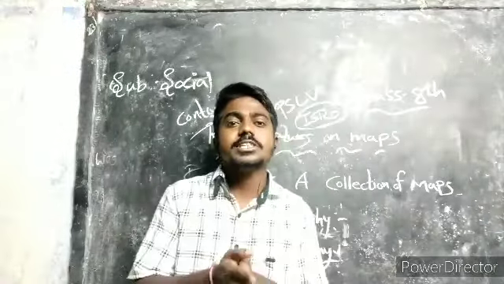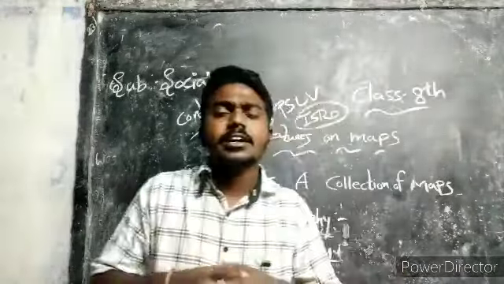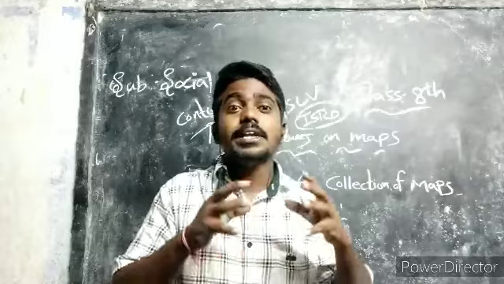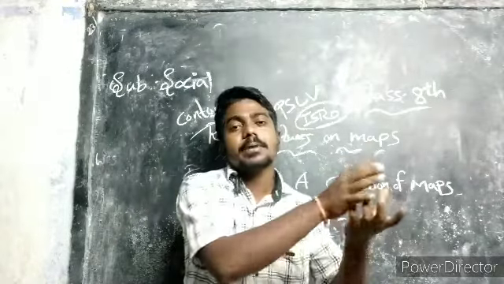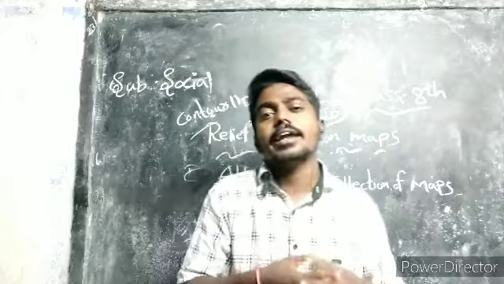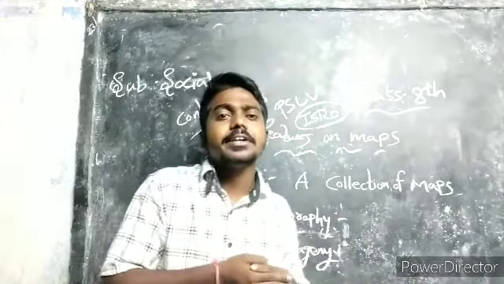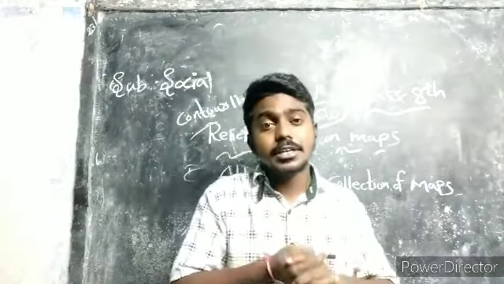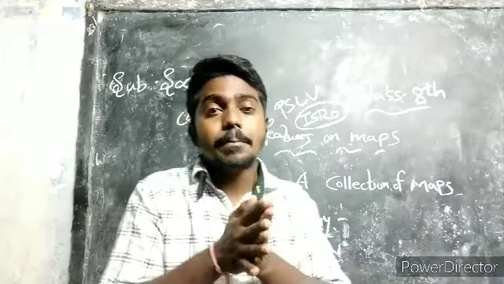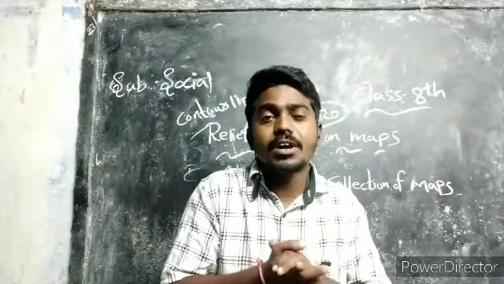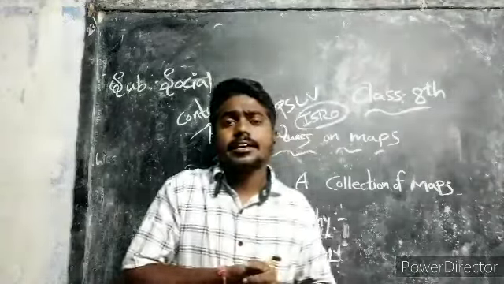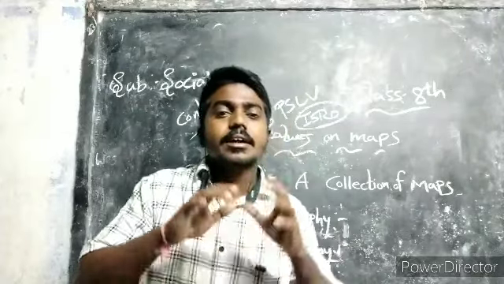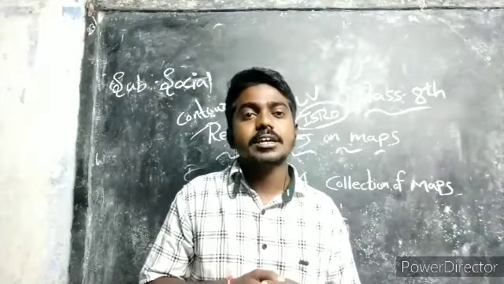And also we discussed the use of maps in our times: how we use maps for trading, sailing, fighting wars between countries, for industries, for agriculture, for building dams, etc. We discussed thematic maps, physical maps, political maps, and land use maps, and what population and density maps are, and how to prepare them. Next we discussed the land use map and how different colors represent different areas. For forest we use dark green, and for grassland light green, etc. We also discussed symbols; some common symbols are called conventional symbols.